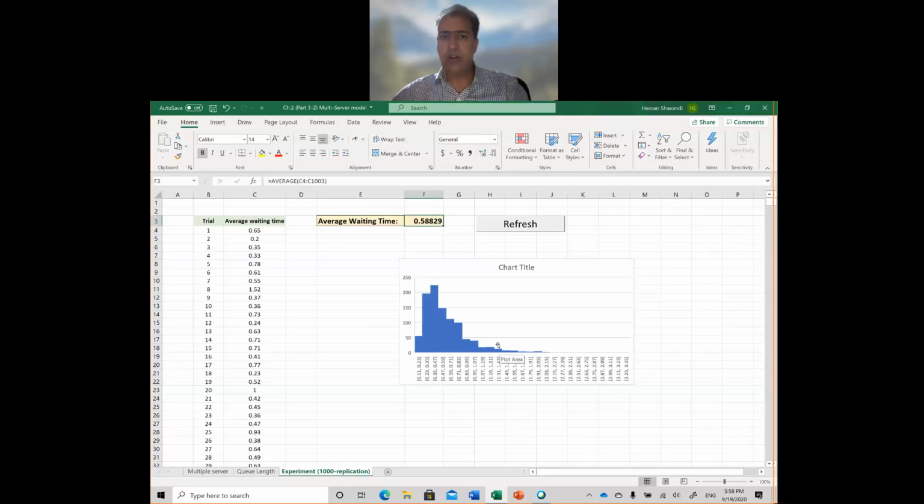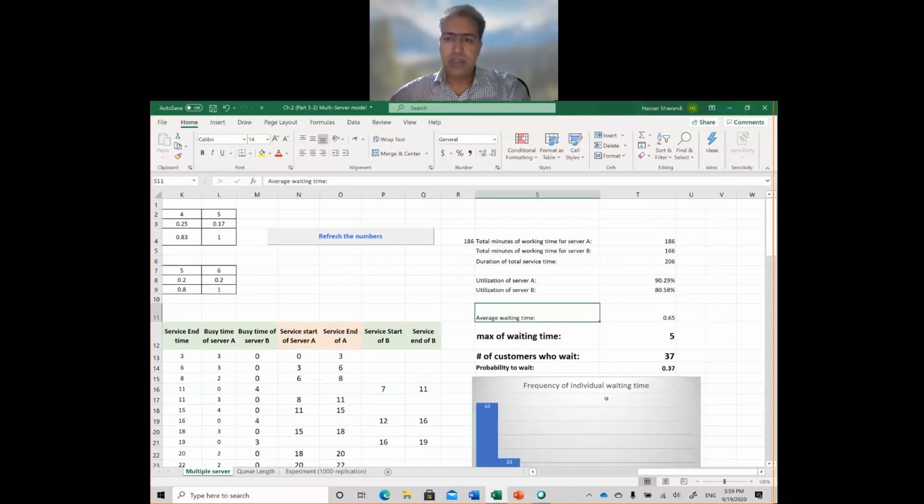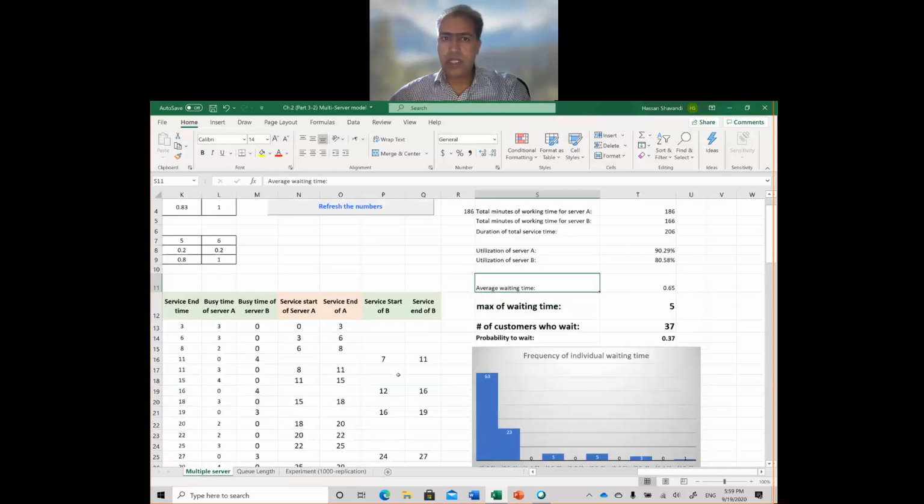As you see here, the average waiting time is a random variable, and we have a distribution for that, right? We can fit a statistical distribution for the average waiting time. We will see how we do this in chapters 11 and 12. But until then, just consider the concept of average waiting time. Okay, so the only reason that I have a refresh button here is to show you how the results are